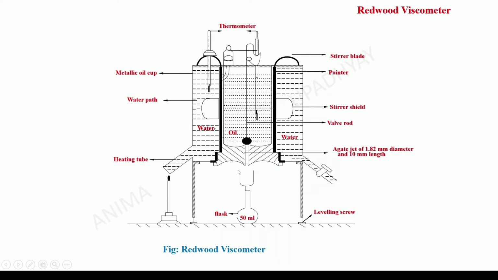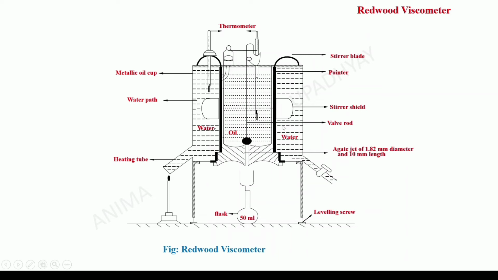A collection flask is placed below the opening of this agate jet to collect the oil sample in the brass cup at different temperatures. A lid is provided on this brass cup through which a thermometer can be inserted to record the temperature of the oil. This brass cup is then kept in a water bath, and the water bath is also provided with a thermometer